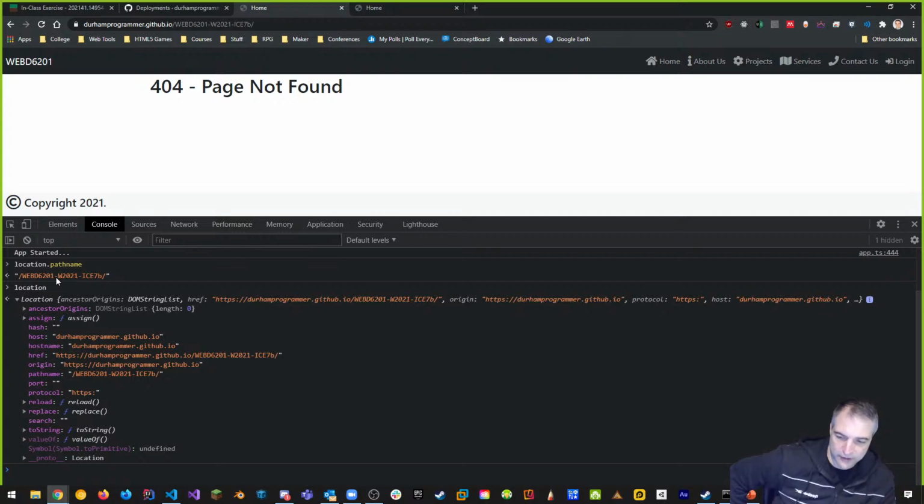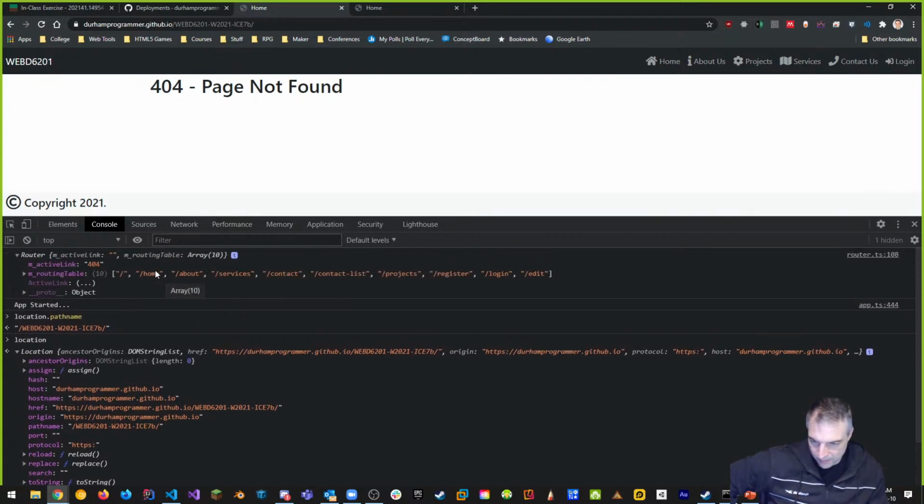This is why it's not working. It's trying to do something with us. And what we need to do is when we do a route, we need to do a fully qualified path name, not just the routing list that we get from up here. This is part of the route, but the other part of the route is this part when we're up online. All right, so this is something we have to consider. Any other issues?